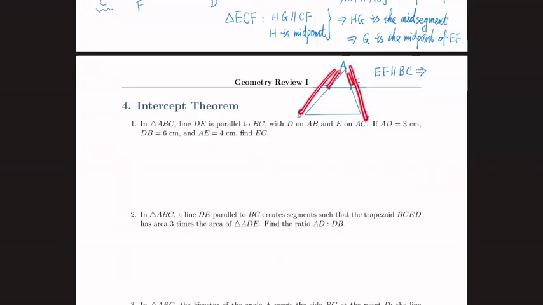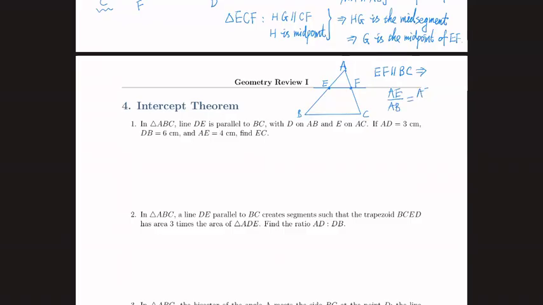Isn't it D, not F? Well, you could use D, but I use F, so F also works. So AE over AB is AF